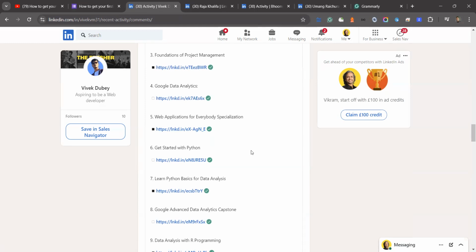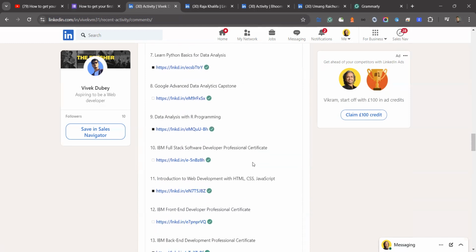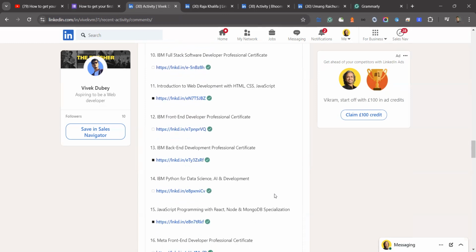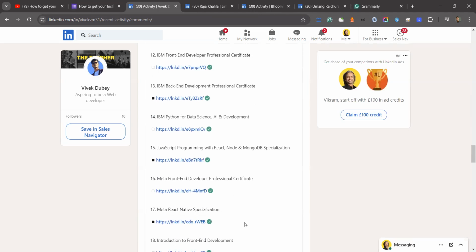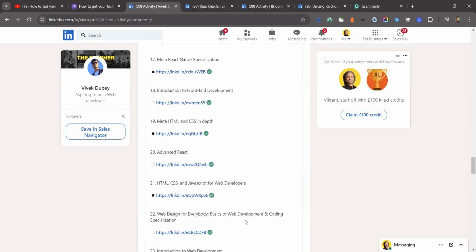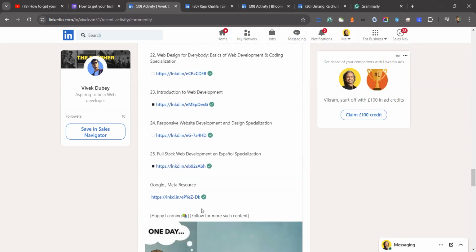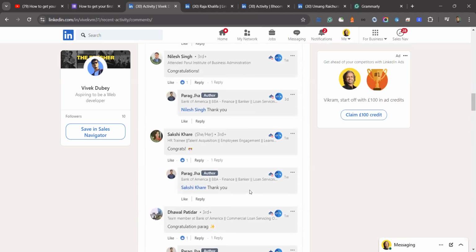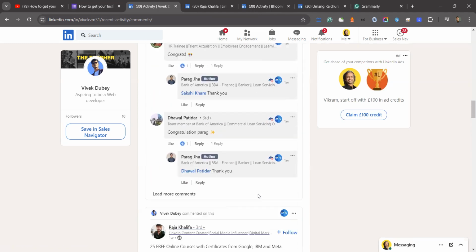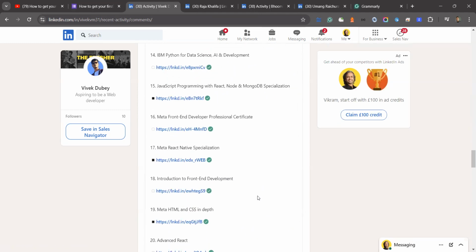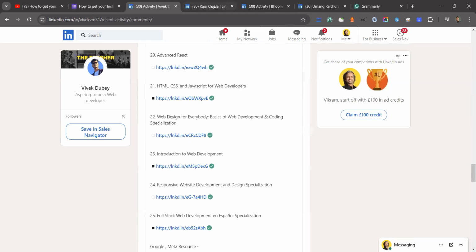This is exactly what you want to be. Introduction is there for HTML. I already saw 3 or 4 of them, front end, 4 meta. So there are so many resources. So Happy Learning, 25 are there. Few of them you can use, and still you went into a preachy comment, which nobody will